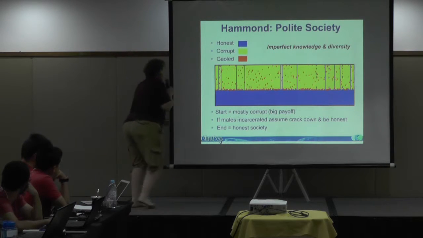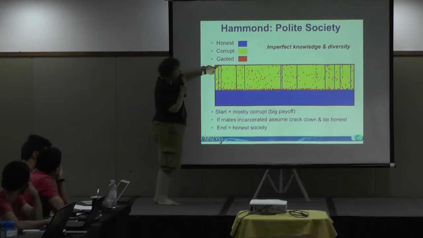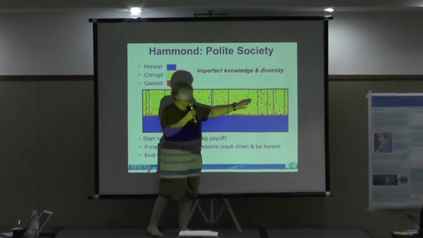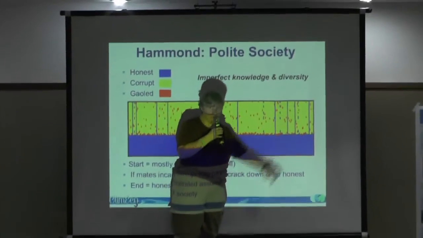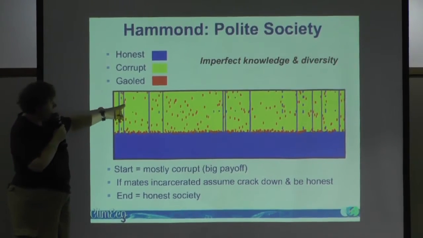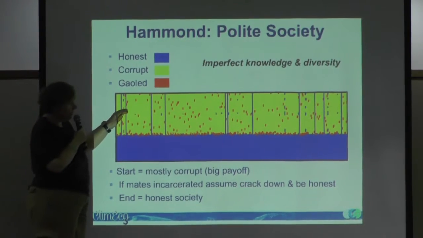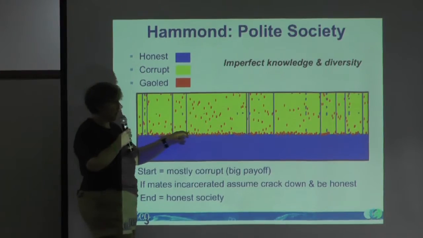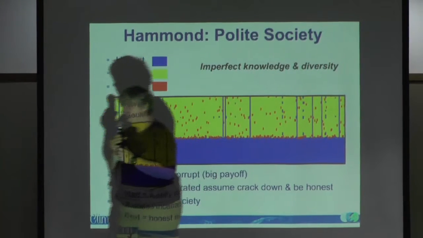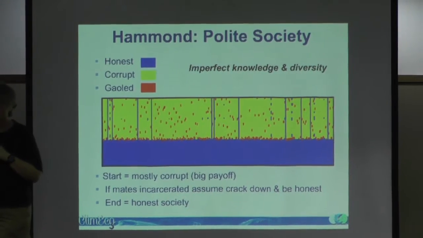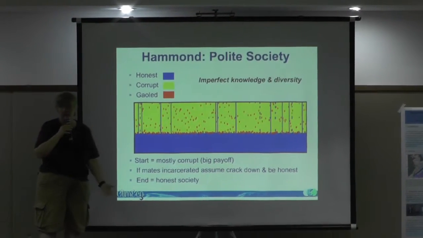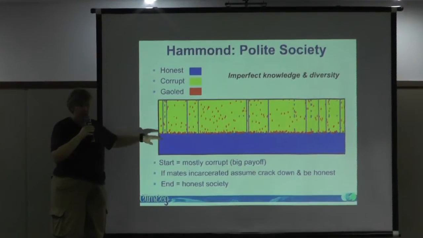So in this case, this is how it started. You had the odd honest person, the blue line, and the rest of the world was largely corrupt. So you would think in that situation that the world would end up mostly corrupt forever. So this is time going south. The red ones are the people who got caught and were jailed. And as soon as you could start to be consistent in the way that you enforced the law, within one generation the world had become honest. So it was just the level of enforcement, the level of compliance. It wasn't that the rules governing your behaviour had changed. It was just that it was easier to conform.